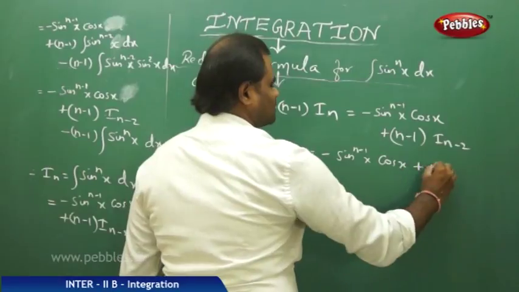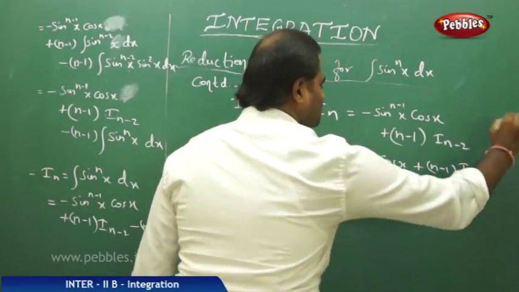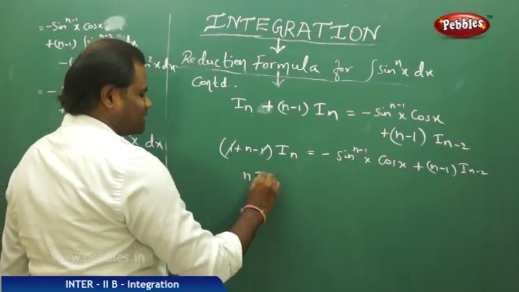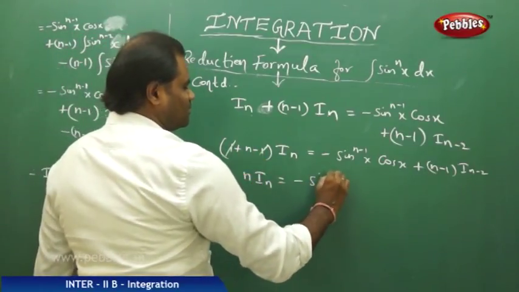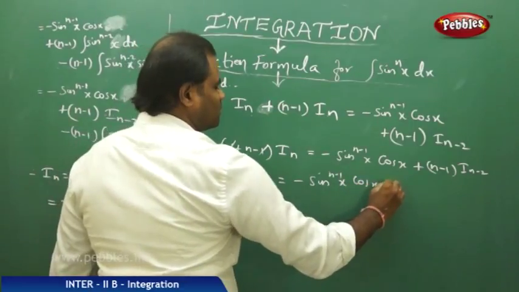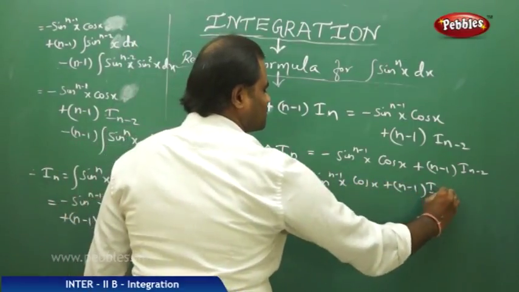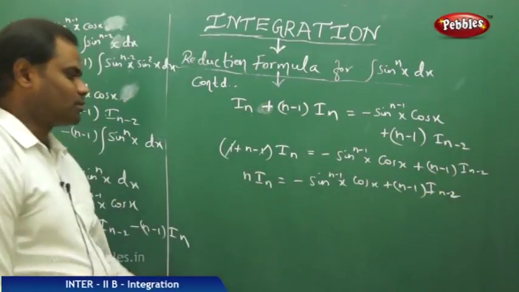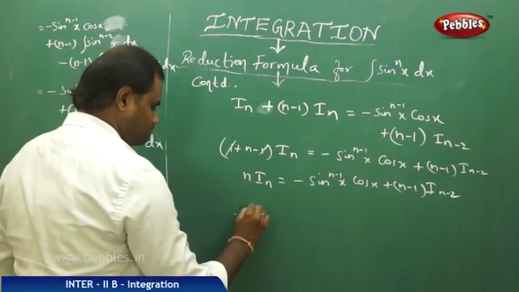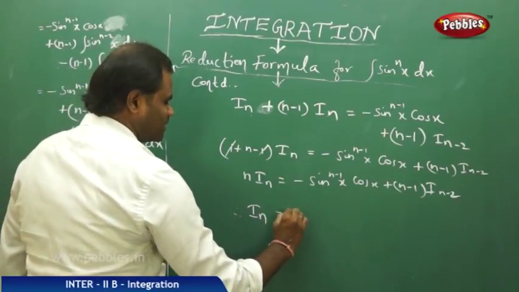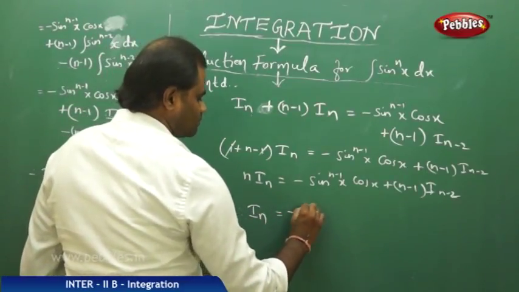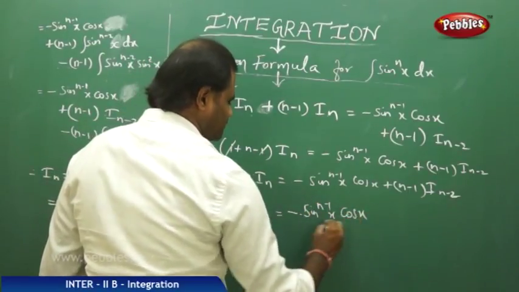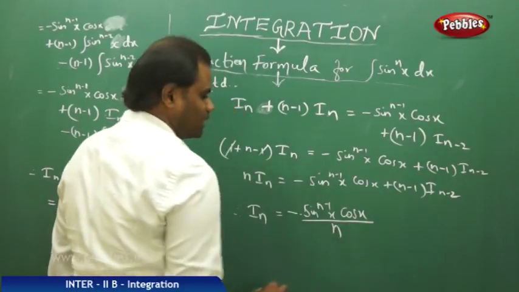cos x is what we get. This gets cancelled and I get n times In is this of cos x. Therefore, In is minus sin^(n-1)x cos x by n